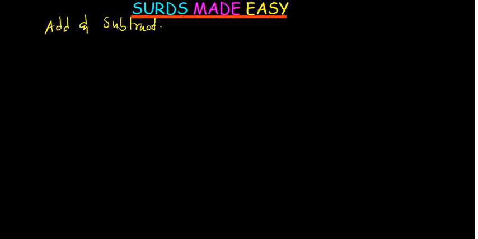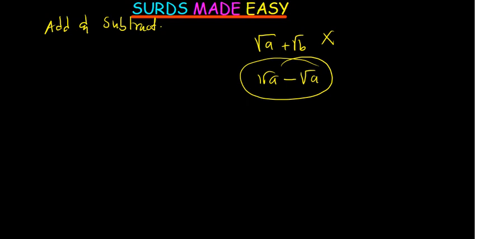Now, you can only add and subtract surds if the thing that is inside the radical is the same. Root of A plus root of B can't happen. This can't be added. Why? Because what is inside the root is different. But root of A minus root of A can be added or subtracted because what is inside the root